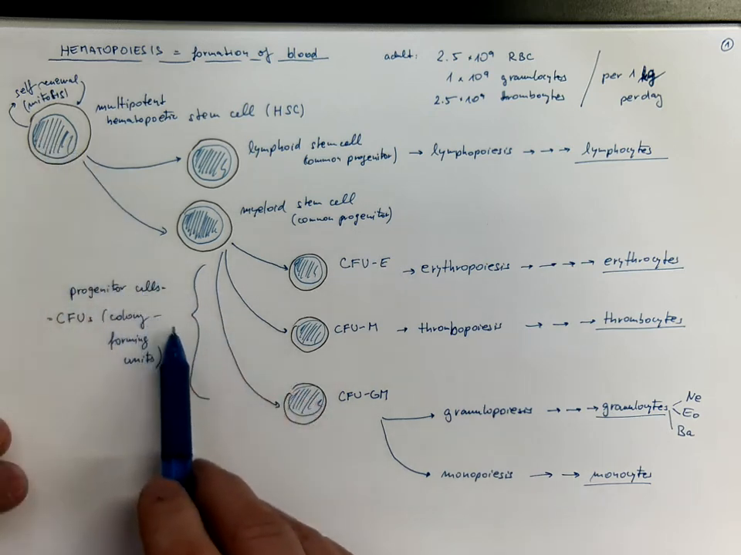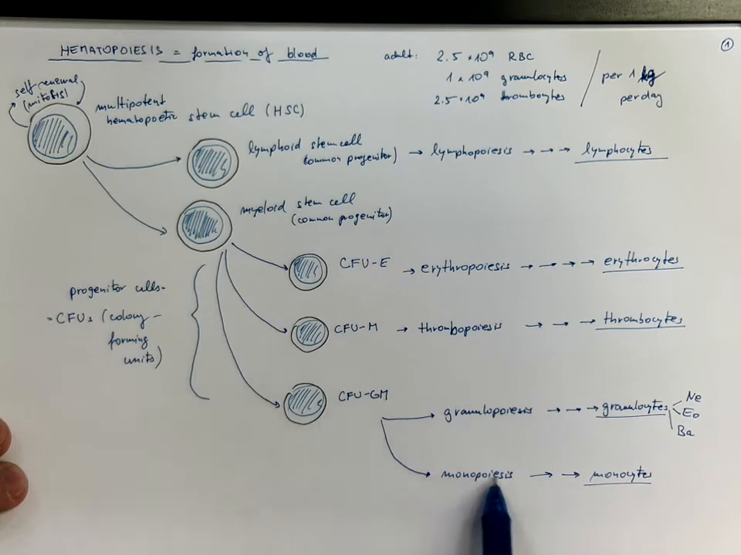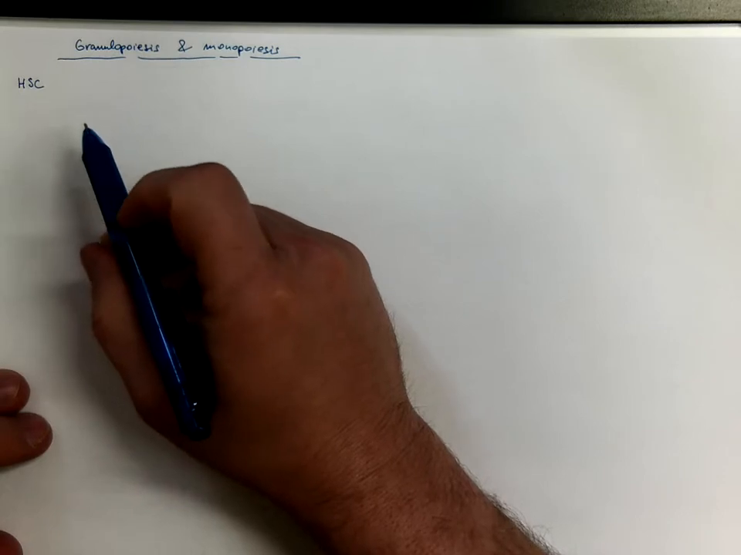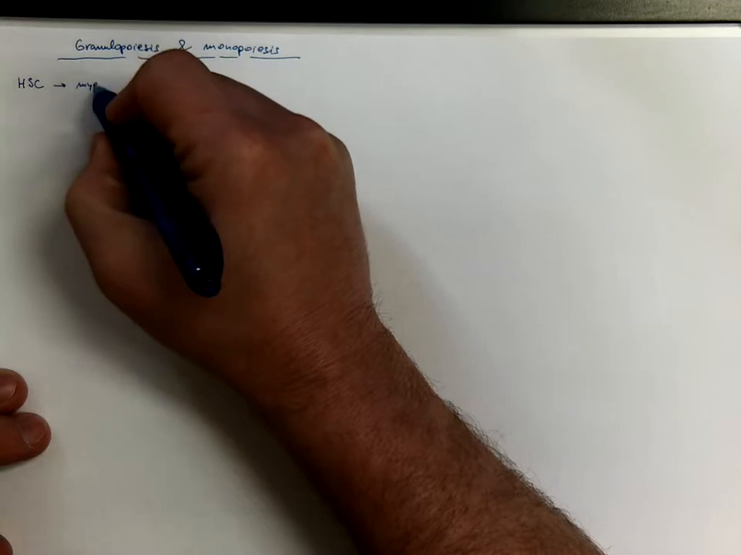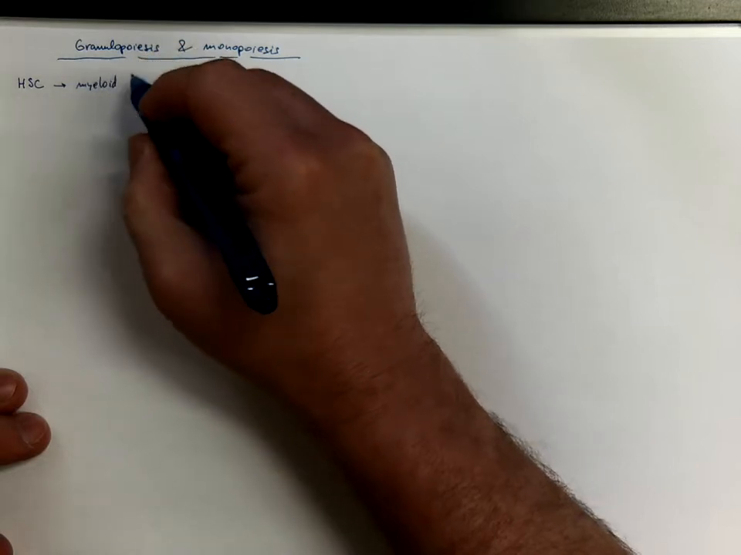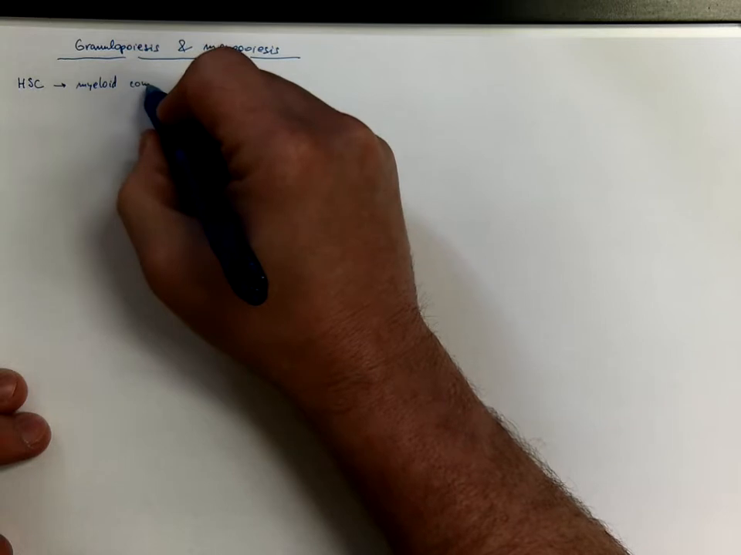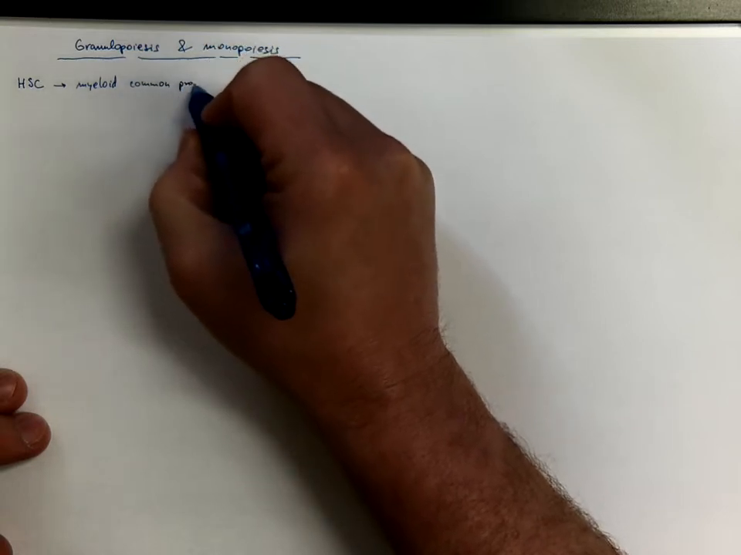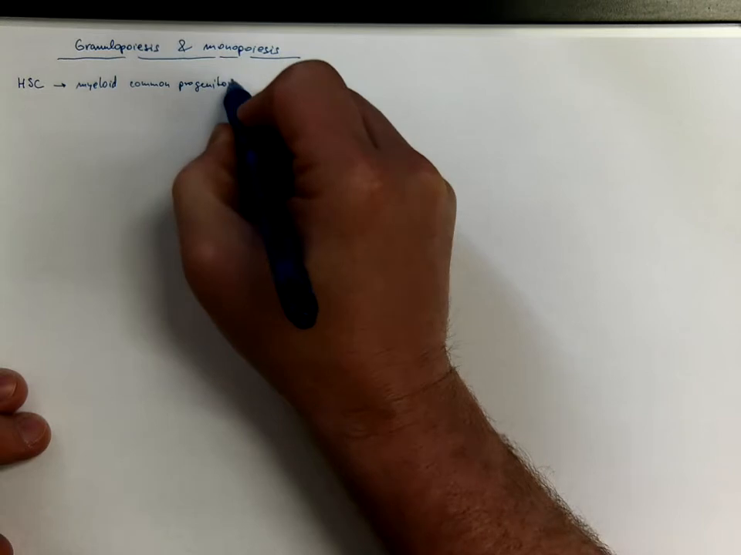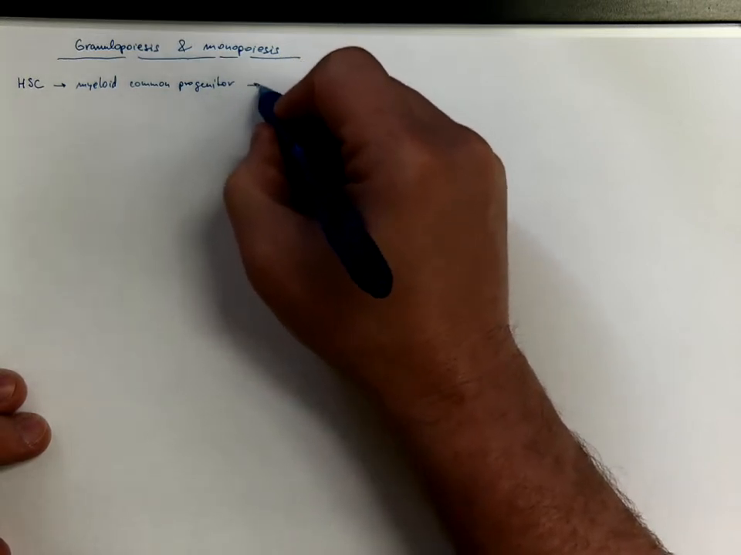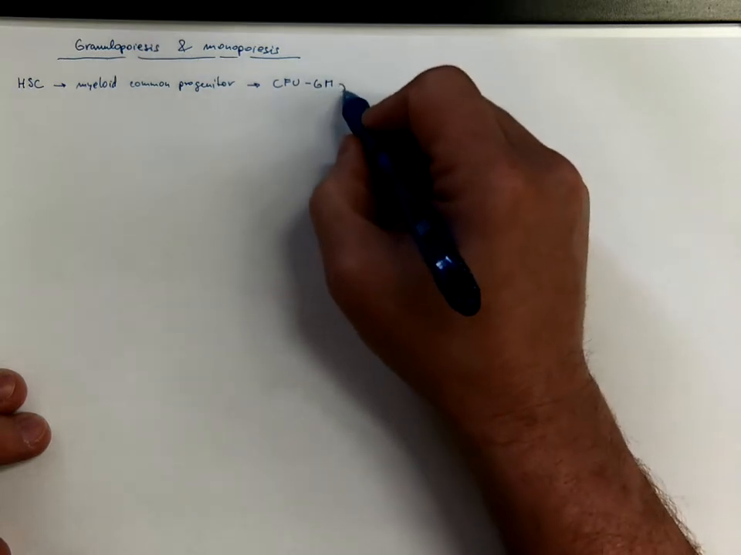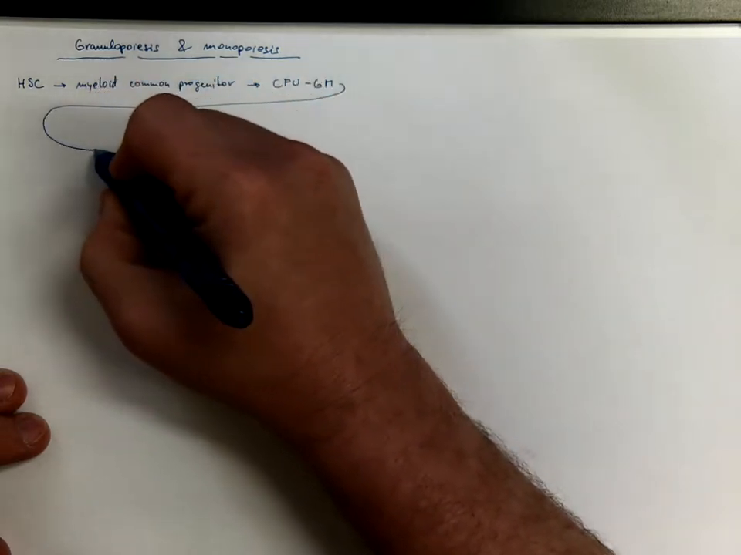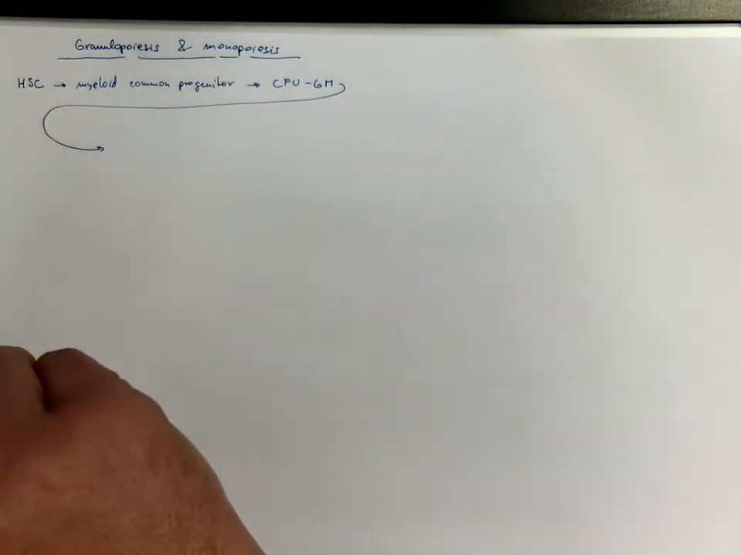Now let us discuss this lineage of granulopoiesis and monopoiesis. It starts with a multipotent hematopoietic stem cell. It carries on with the myeloid common progenitor. And the colony forming unit GM that will give rise to a cell called myeloblast,